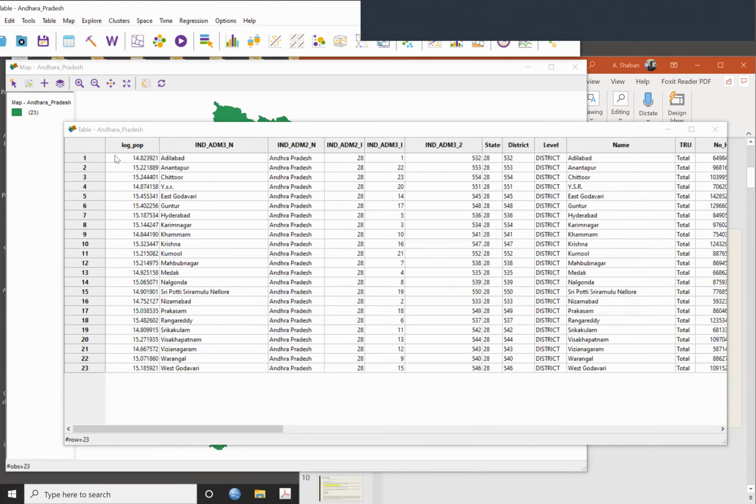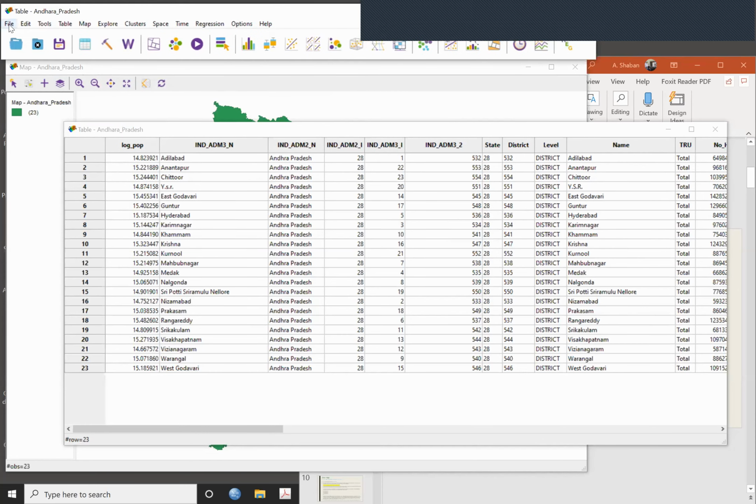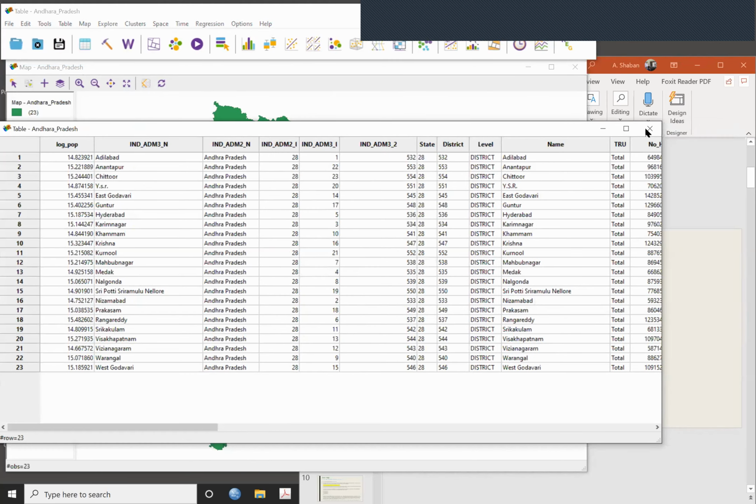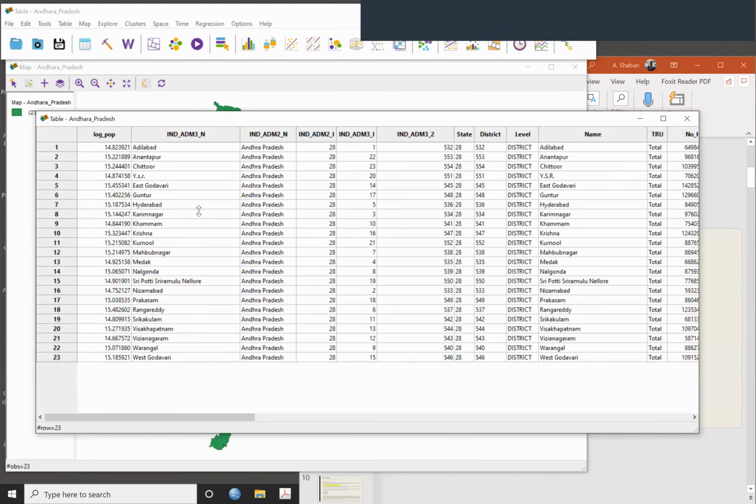Now this is there and you can save this data. So what I'll do: file, save. So your file is saved. Now I will come here. From here, there is another possibility also: you can sort it in ascending or descending order.